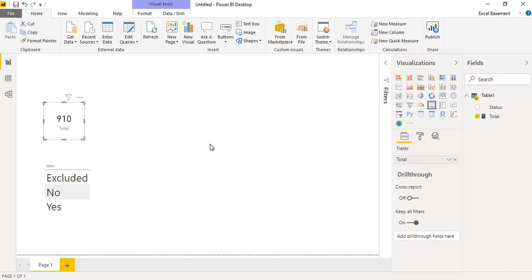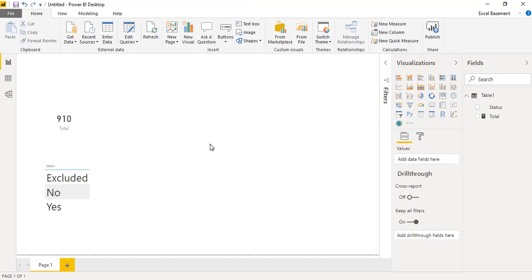Now the next DAX is we need to see how many rows contain the yes out of 910. So we will be applying one more DAX, which is CALCULATE, and within that CALCULATE we will be applying a filter also. So how can we do that?